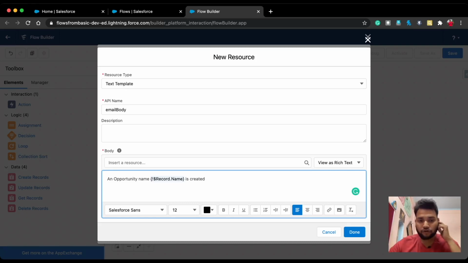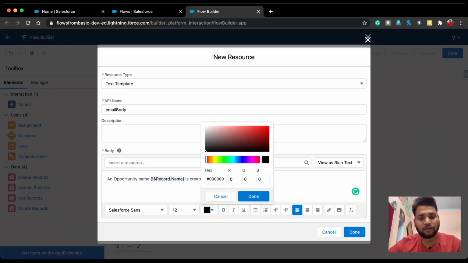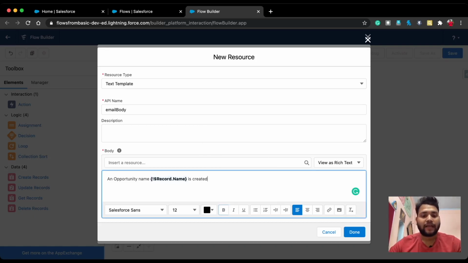I want to make it bold and color black. For that, select the text and simply press Ctrl B, or you can select it from here, and let's say you want to show the admin more details about that opportunity. Let's say stage.